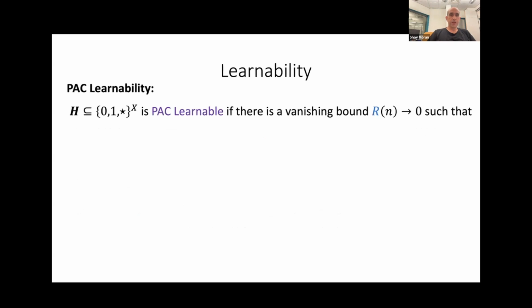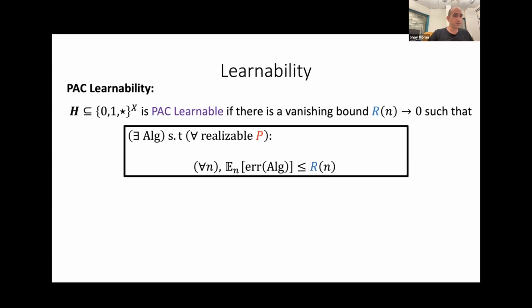Okay, good. And also the definition of PAC learnability. It's defined exactly in the same way, right? So we will say that a class H of partial functions is PAC learnable if there is a vanishing bound and an algorithm such that for all realizable distributions, the learning curve of the algorithm is at most these bounds, right? So all learning curves decay uniformly to 0, all realizable learning curves. Okay? It's just the same definition. I just want you to see that all the definitions extend very naturally to this context.